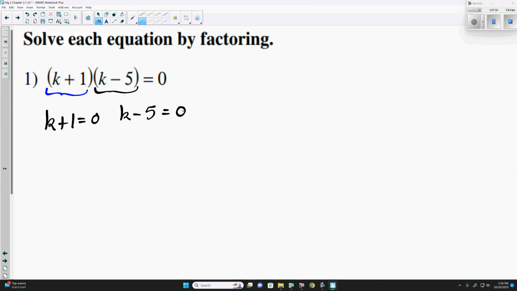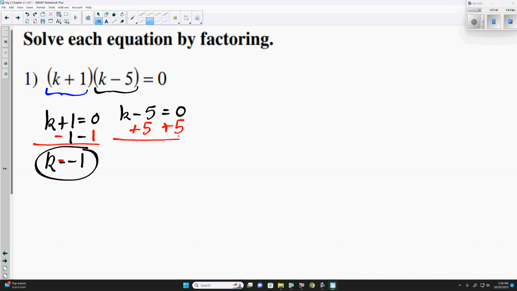If we have two things multiplied together that equal 0, one of them must be 0. At this point, we can solve for the value of k by subtracting 1 from both sides, telling us k is negative 1. For our other one, we would add 5 to both sides, telling us the value of k is